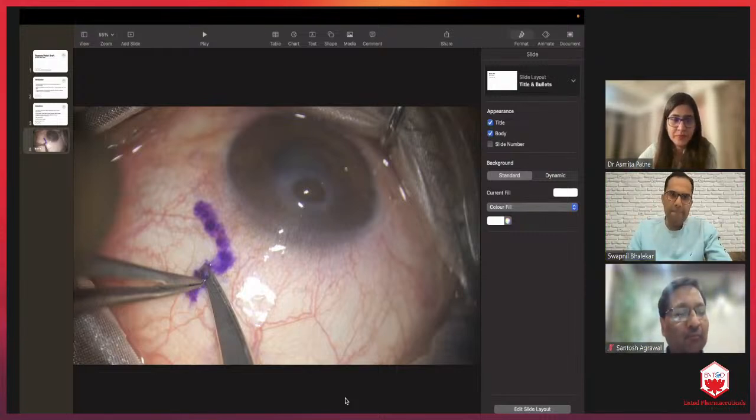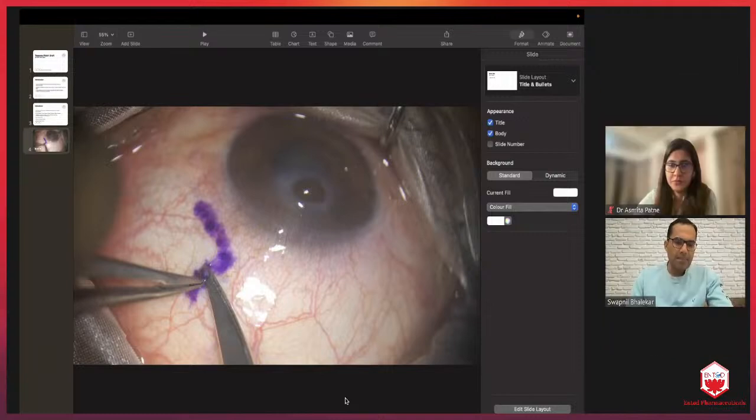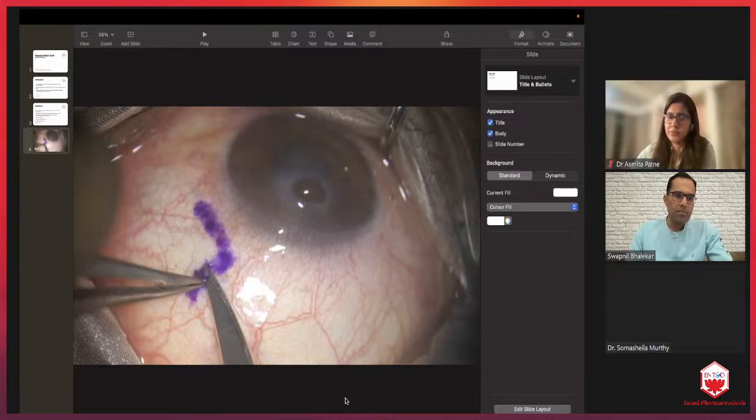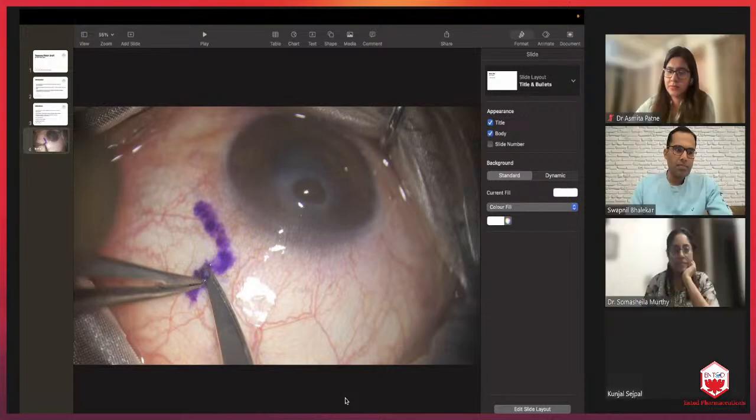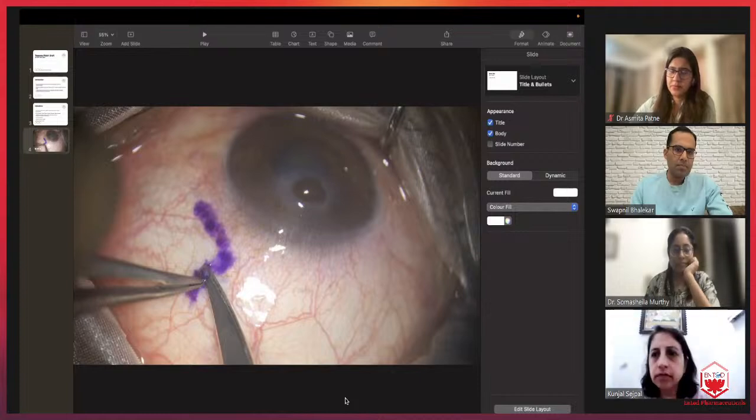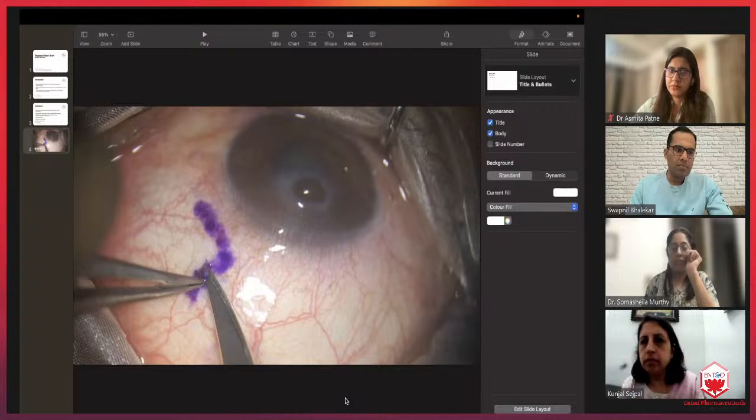Yeah. So if it is a small perforation, it is easy to tuck the Tenon's tissue. But in this case, when we tried to tuck the Tenon's tissue, I found it a little bit difficult. So I kept it and took the sutures. But yes, you can tuck the tissue in, and about fibrin glue, you can just spread the fibrin glue over the tissue and then over the cornea, and then put Tenon's and then take sutures. Swapnil, you can add a few points if you want.